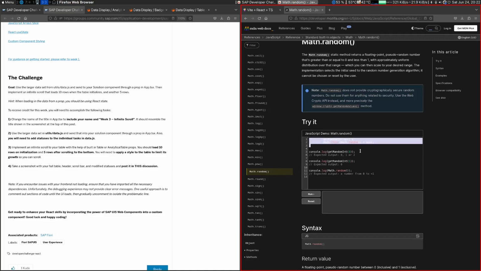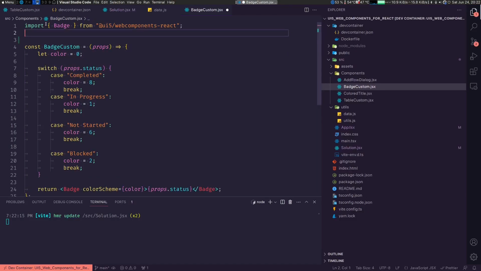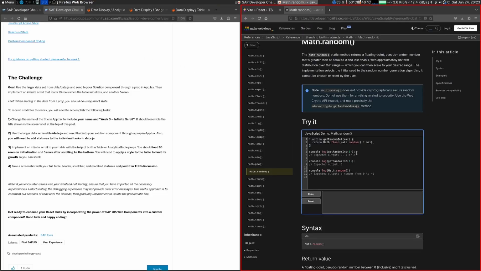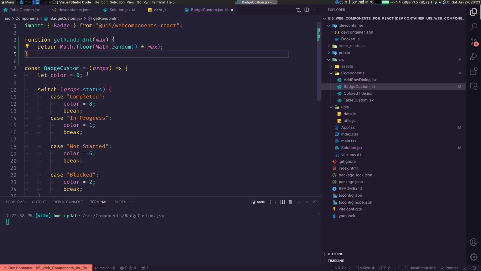Okay, let's copy this function, put it here, and with three we have 0, 1, 2, and for status we need to get from 4. Okay, so let's put that here,